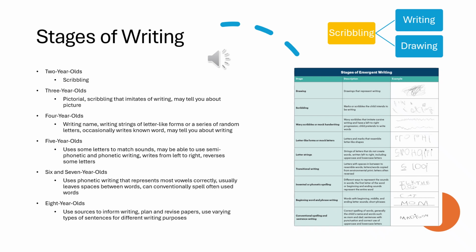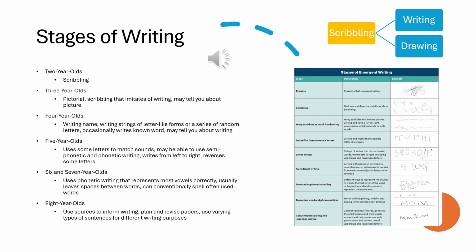So for our 2-year-olds, they begin to scribble. And if you look at the graphic on the right that says stages of emergent writing, you can see what those scribbles look like all the way up to what words might look like for older children in this age period. So 2-year-olds scribble, and then 3-year-olds, they are making pictures of things, so maybe like a face or a cat or a house. And then they are also creating scribbling that looks like writing. So it is shapes that look like letters or squiggles that go across the page from left to right and top to bottom.